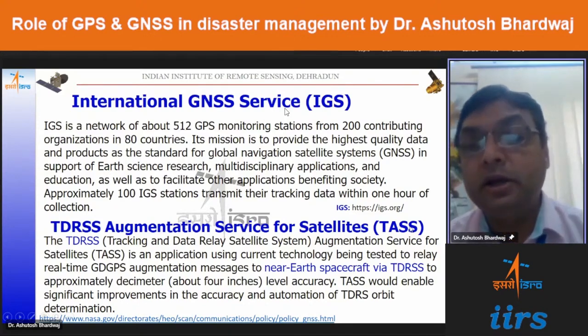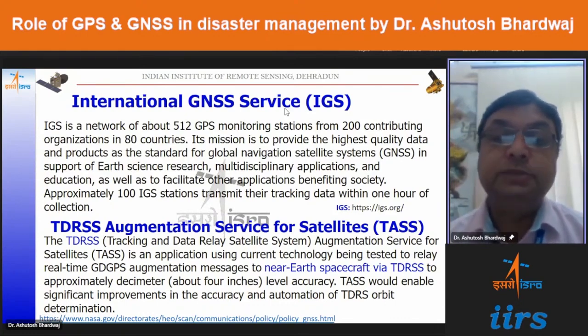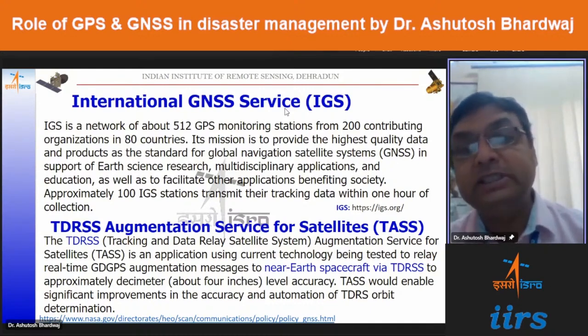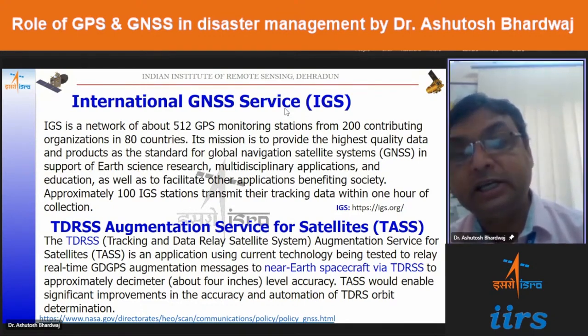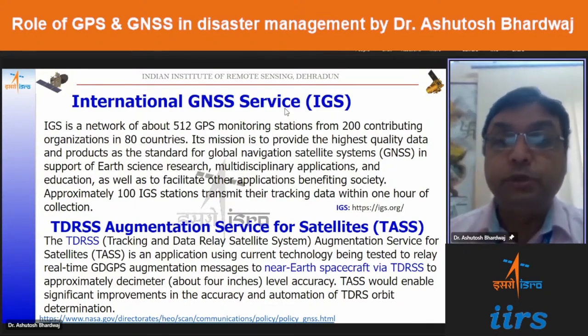These are freely available data sets which you can process for the highest level of accuracies, especially for refining your base station data. And once you refine your base station data, then with those refined values, you can refine your rover station data set also. So basically, base station data should be refined with the IGS station data, preferably,